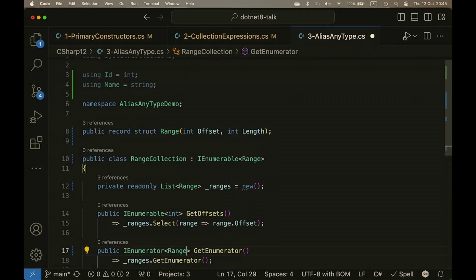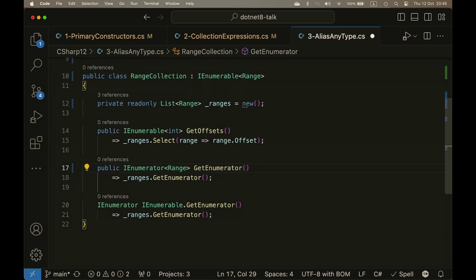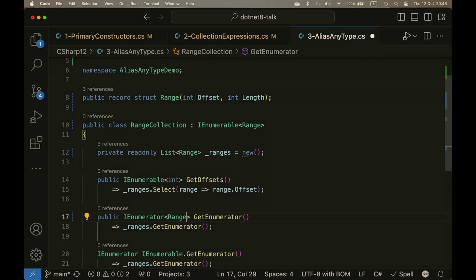So my typical approach would be to just give up, define a struct that contains the data, and use that internally. But now, thanks to C# 12, you don't actually need to lug around these additional types that you never needed. You can just go ahead and use tuples. So I'll just do that, and I'll just instead